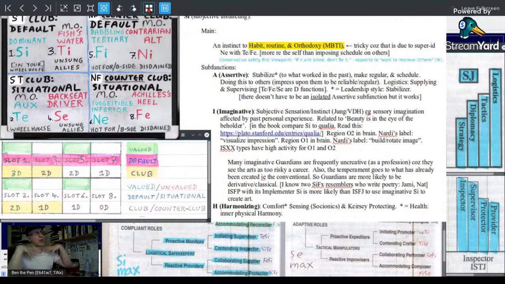So they are focused on the sensory, but it's their subjective reaction to that. And so you get this with the Guardian. The Guardian is filtering everything through its past experience and how things should be done. The Artisan, especially the Se Dom, is going more towards what are the actual sensory data